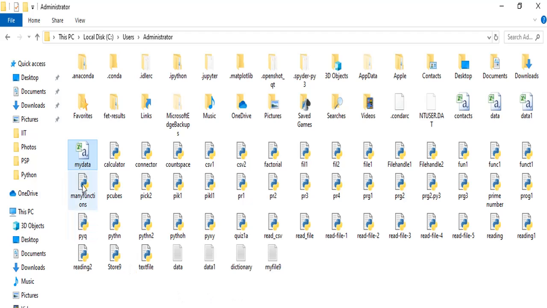Now let us access this particular file with the help of a Python program. Now why are we creating a Python program to access this file? For example, if we don't have Excel or any spreadsheet software with us, then how can we access it? We can directly open it with a text editor also, and it can be seen directly. It's a simple text file only, but the facility that Python provides us is that you can store your data to a CSV file also and can access it wherever, whenever desired.